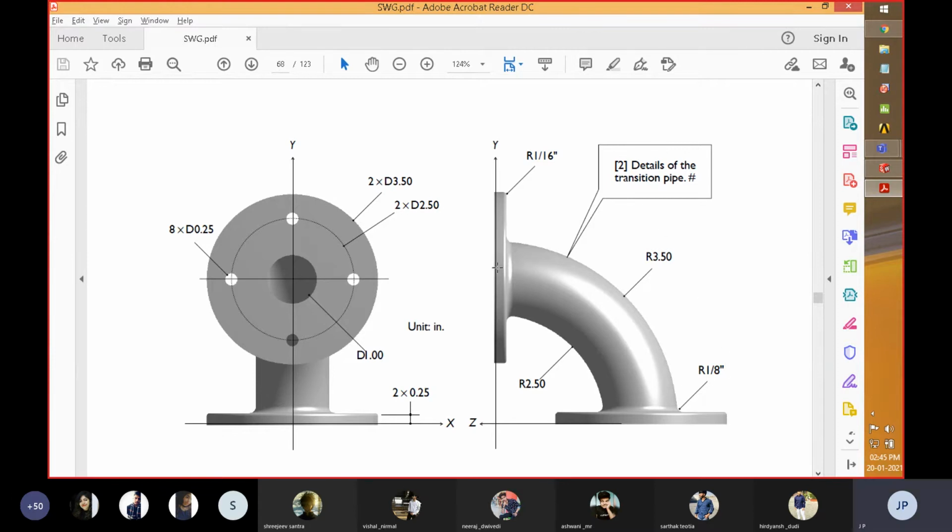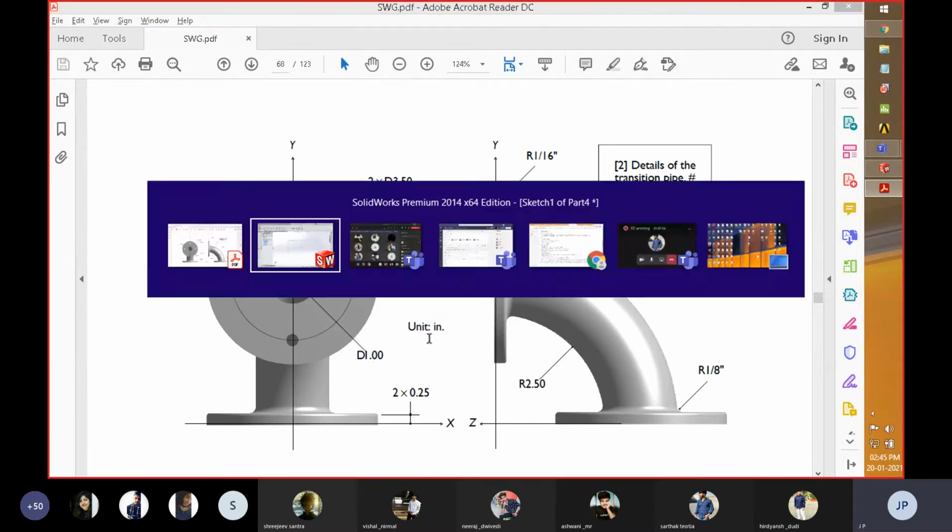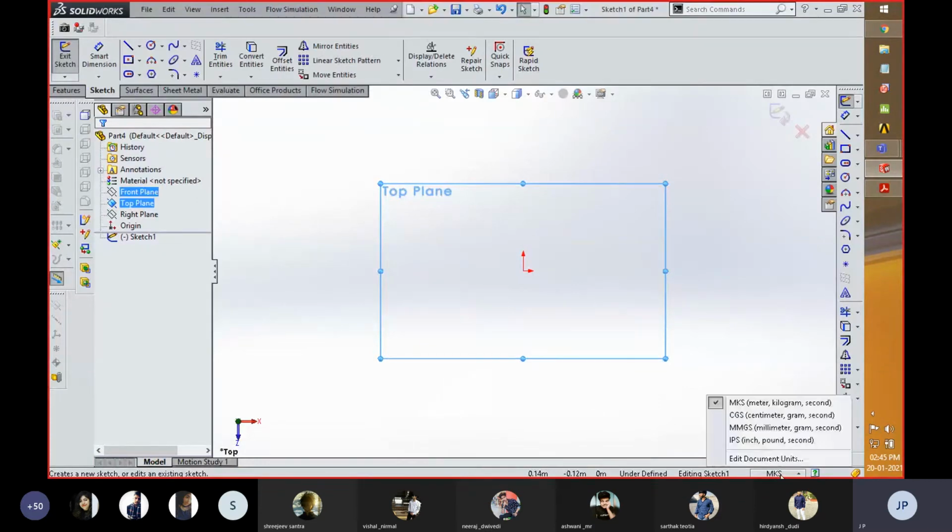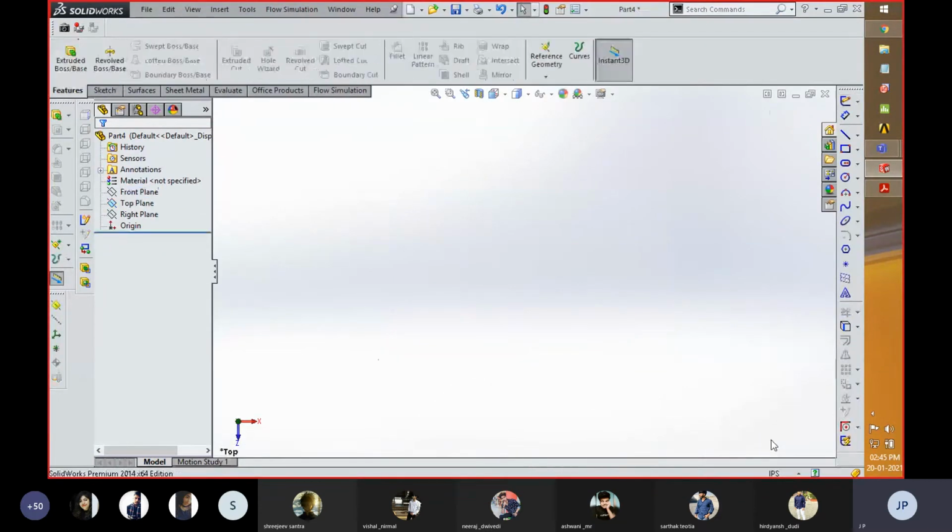With respect to that, I am going to create a circle following a certain path with respect to the diameter of that, and the diameter of this profile is around 1. Okay, and the unit is inches over here. So with respect to that, we can change that part in inches.